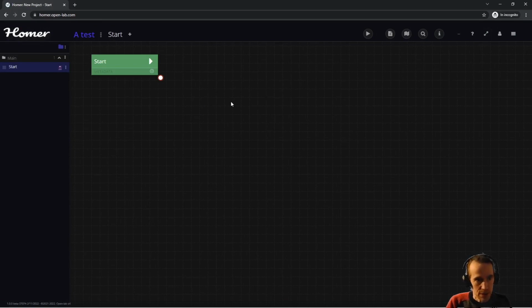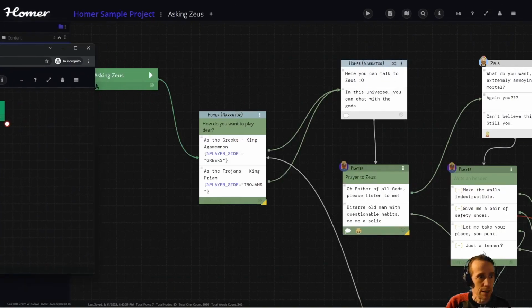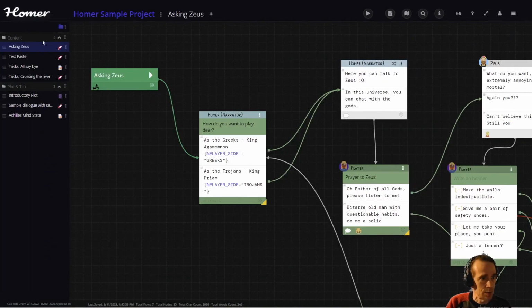What is this? This is a project. A project is a collection of flows, where we use the term flow meaning it can be anything from the whole quest structure, the plot structure, a dialogue, and so on. So you can have as many as you want here, and of course, like in our sample project here, we have